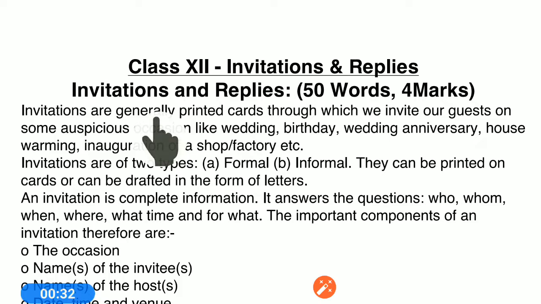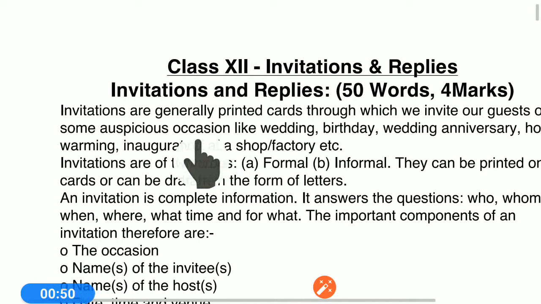So it is not something new for you. We always receive invitations for weddings, for birthday celebrations, for anniversaries, right? So this is how to write invitations, what the types of invitations are, and what the format is. So let's go through. Invitations are generally printed cards